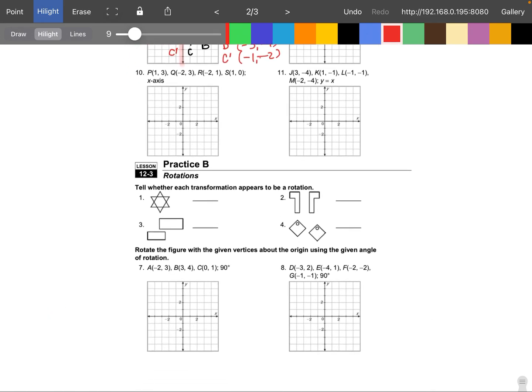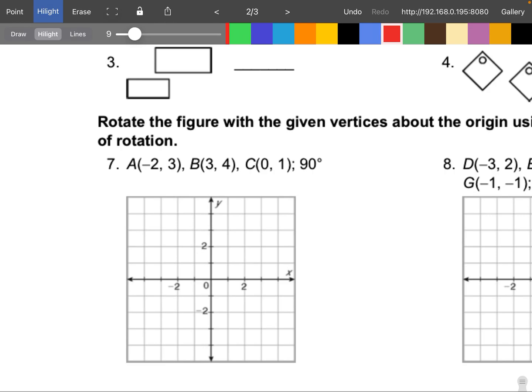Next one is rotation, which I think is always the hardest one. Remember, rotations are always going to be counterclockwise. So let's look at number 7. So they want us to do 90 degrees, and again, it's always assumed counterclockwise. So if you look at your rule for 90 degrees counterclockwise, your x, y is going to become negative y, x. Meaning you're going to flip your x and y, and you're going to change the sign of your